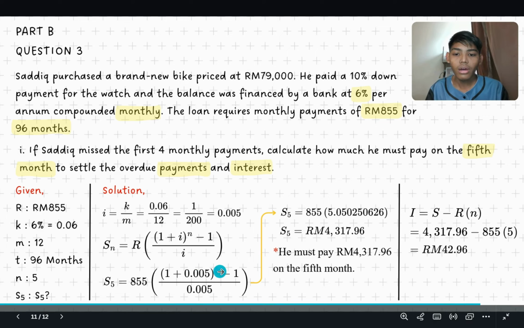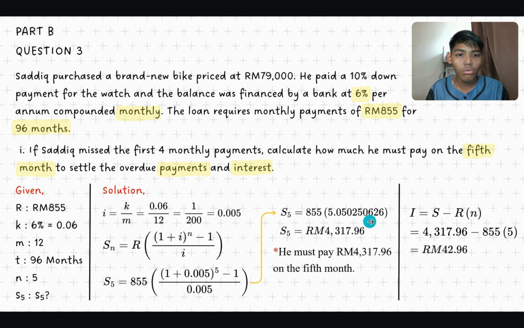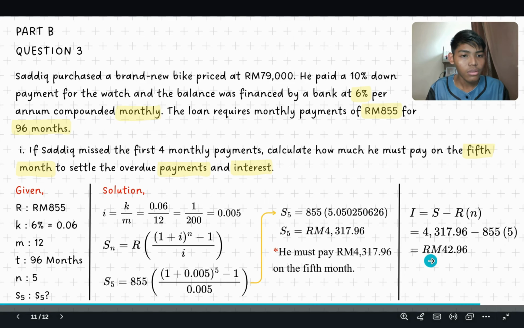Then put all the amounts in this formula. To calculate this, you need to calculate the bracket first. So you will get 5.050250626, and then after this you need to multiply it by 855. So the final answer you will get is 4317.96. For interest, you need to use this formula. Then for S, 4317.96 minus 855, and bracket N is 5. Then the final answer you will get is